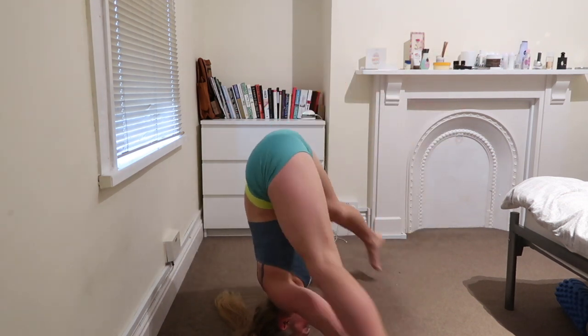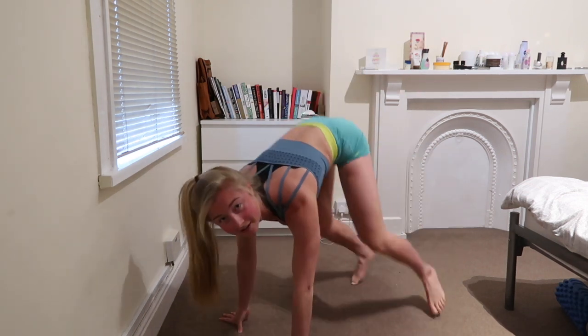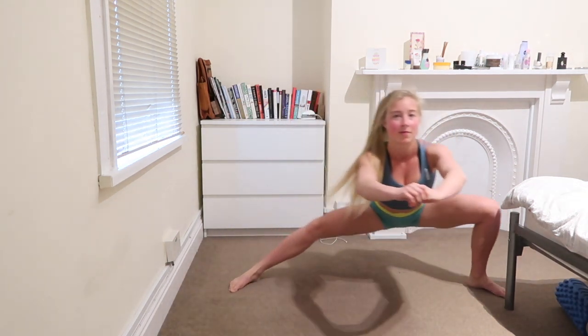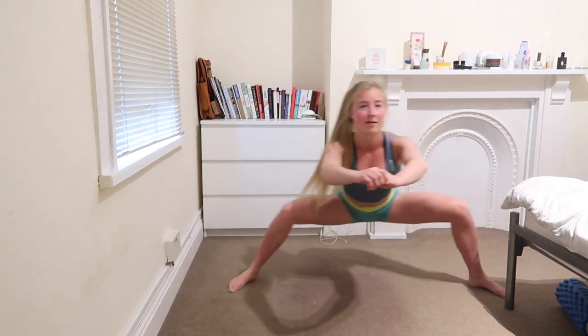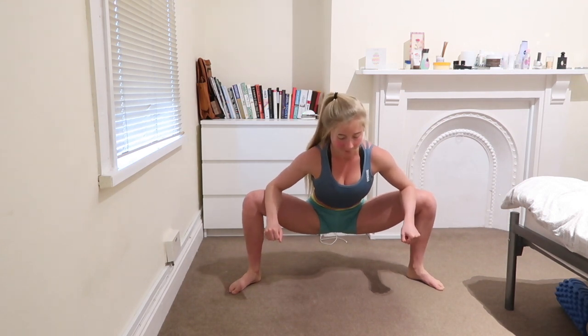3, 4, and one more. And we're going to go back into side lunges, so we've got 5 on each side again, 1, 2, so we should really be working on that mobility, 7, 8, 9, 10, and then holding in the middle, chest up, pushing out the knees with the elbows for